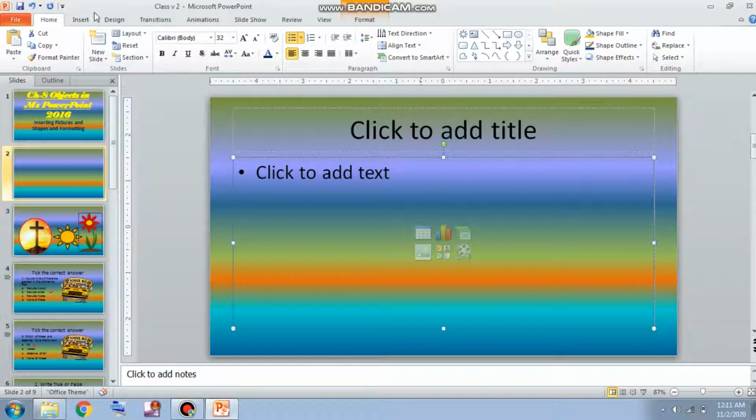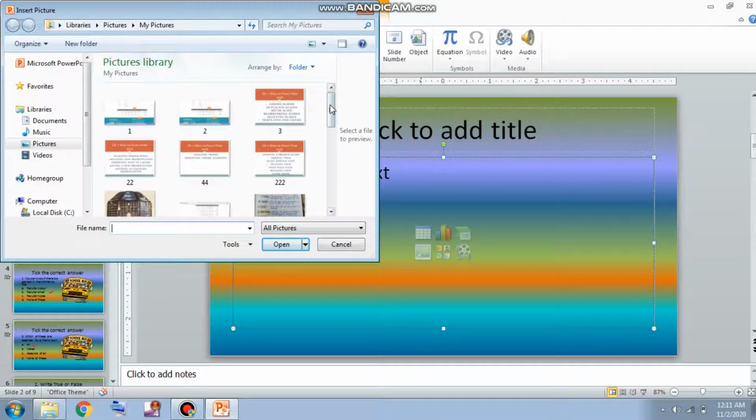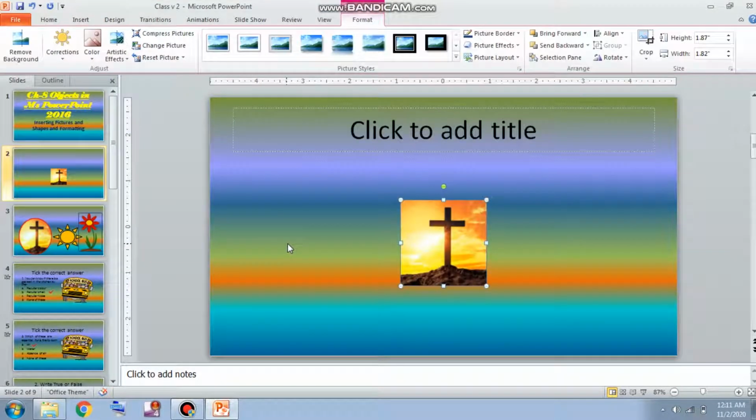Or we can go to the Insert tab and from here we can select the picture option and choose our desired picture. So like that, I am choosing one picture and inserting it. Now see, the picture has been inserted.